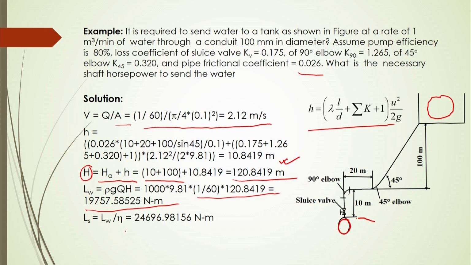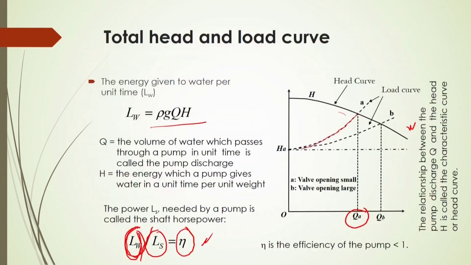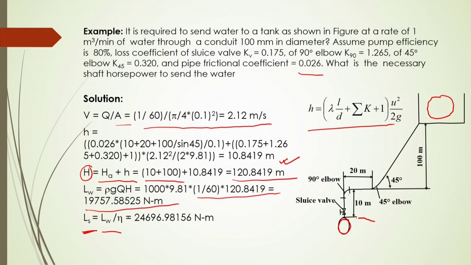Efficiency is given as 80%. So L_S, the power required for the pump to deliver this fluid, is based on this equation. Substituting the L_W and eta values, we get the total power required for the pump to deliver it to the reservoir. So, based on this example, you will be able to calculate the total energy loss considering the major loss and minor losses,